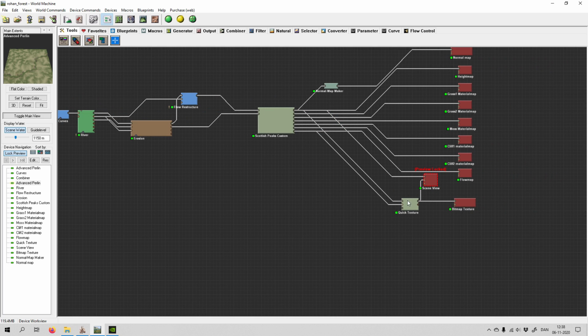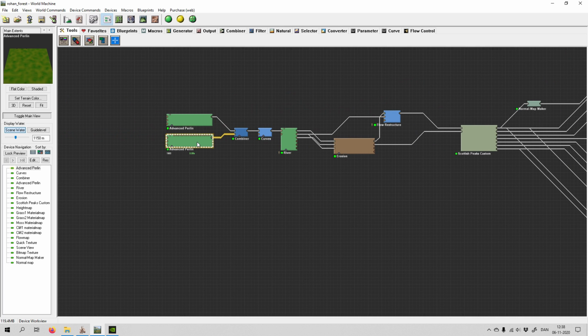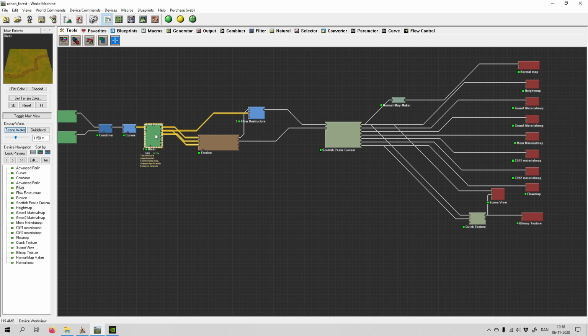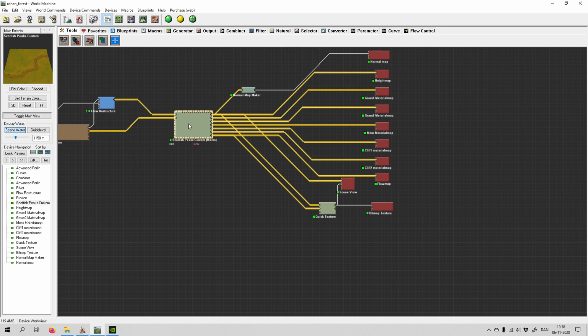Right now I have locked my preview to scene view, so we press F. When we click on these different advanced Perlin nodes, you can see that it has something to do with the height of the terrain and the hills and so forth. Then we combine it, and we have some curves and a river. So this is a Rohan river map, and it's actually going to be a forest. We have some erosion, flow structure related to the river and erosion, and then we have this custom macro,